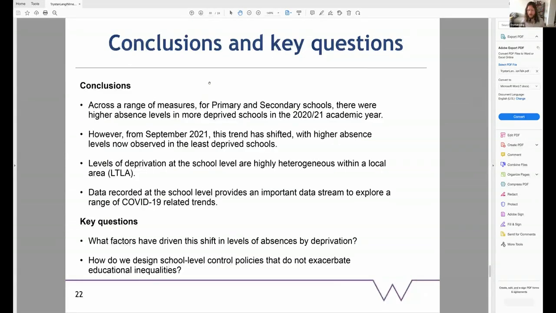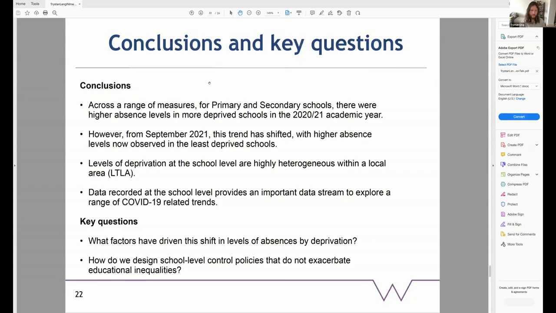And so I think it's probably time to start wrapping up and giving some conclusions. Across a range of measures, for primary and secondary schools, there are higher absence levels in more deprived schools in the 2020-21 academic year. And this is true if we take the percentage of pupils eligible for free school meals, or the mean pupil IMD, or if we take just the local area that school is in as its measure of deprivation. However, from September 21, this trend has shifted, with higher absence levels now observed in least deprived